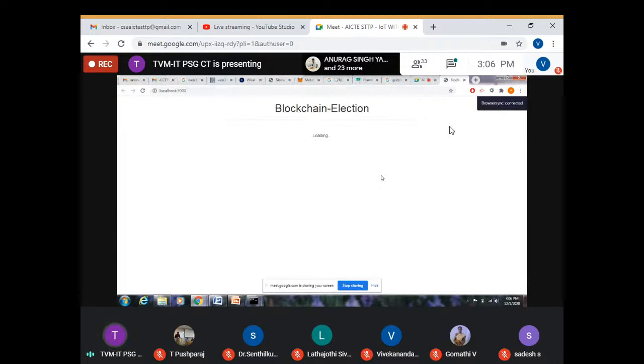In the browser window you'll be provided with the blockchain election. This is the front end I showed you in the PPT, right? That is what is shown here. Now we need to log in first. What is the tool we have used for login? The MetaMask, right? In the Google browser window, in the upper right corner,